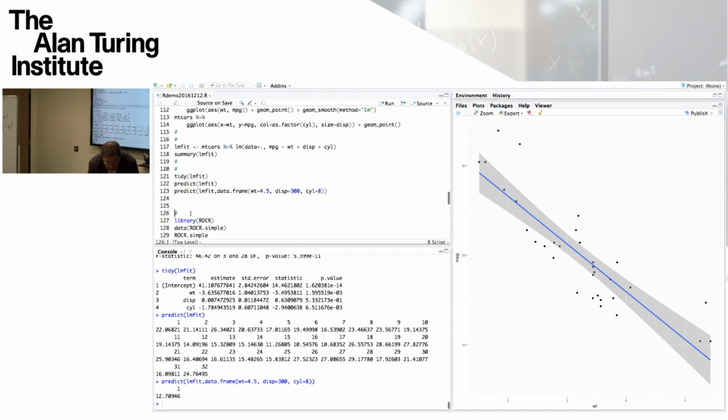So what we can do is a prediction using our fitted model, not with the data that we fitted the model with, which just returns the fitted values. What we could do is give it a new data frame with a new row of information. So what would we predict under our model for a car whose weight is 4.5, displacement 300 and 8 cylinders? And the answer is 12.70, 12.71.